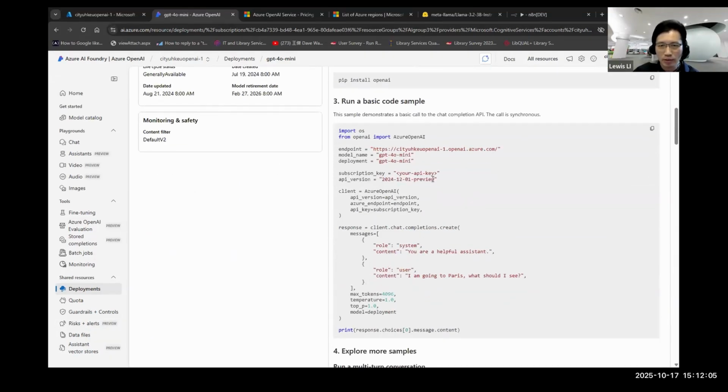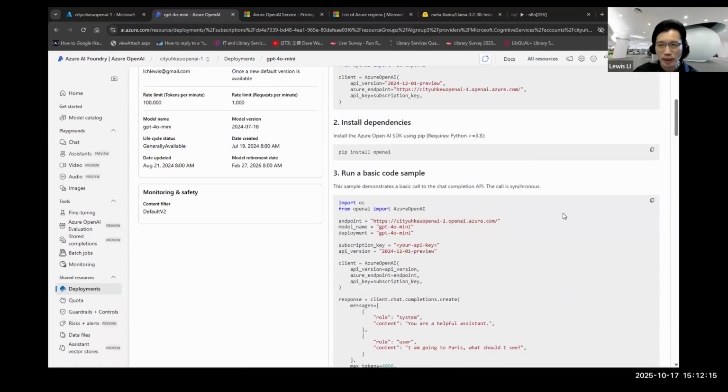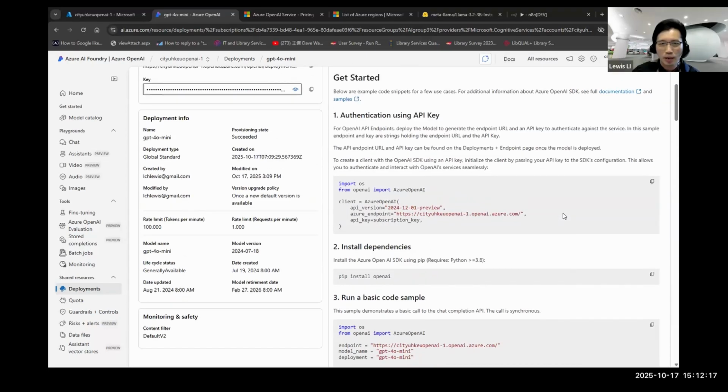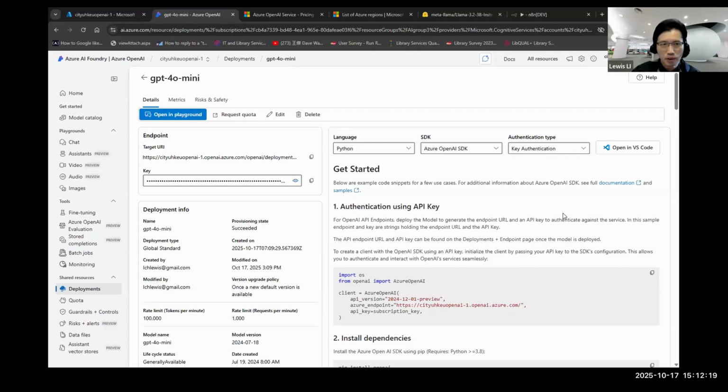These are the things that you need to provide if you want to communicate with the model, and I will show you an example later on. Here we give you an example like this. You can run the code later on if you want to. All right, so you deploy the model, and you can interact with the model using the chat